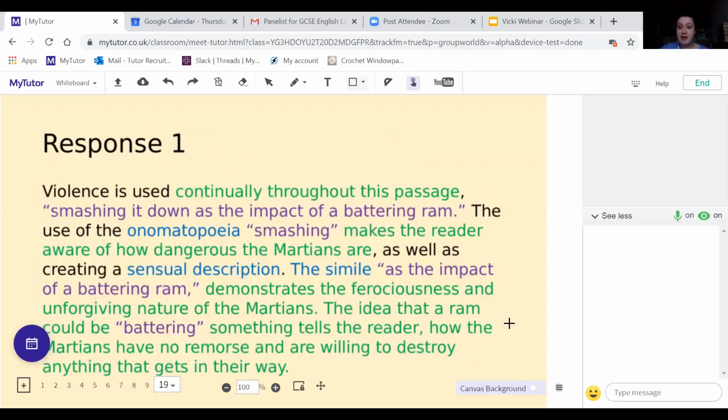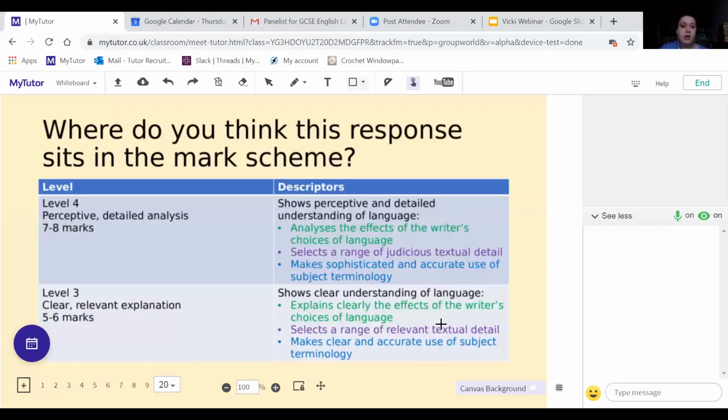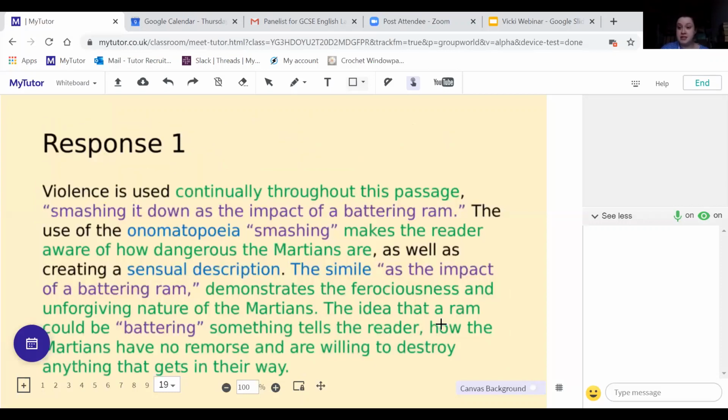So there's clear effects, and we're talking about why the writer has said them, but we're not really talking contextually about how that links to things outside of the text, what we think of, how the reader might feel in some detail we haven't really covered. In terms of choosing the quotations, I've done quite a straightforward big quotation, zoom in, big quotation, zoom in. But I've linked two together, and I've used subject terminology accurately, but I haven't got loads and loads in here.